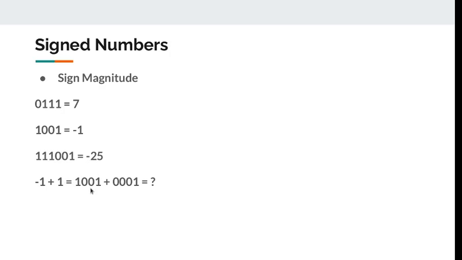But here we have a really weird problem. If I have -1 in this case and +1, the sum should be 0, right? But if we sum this up, the result is going to be -2, because this one plus 1 here is going to be 1, and the sign bit is added up with 1 and 0 here. So in the end, we get -2. So if you're using sign magnitude, we need special logic and, let's say, a subtraction unit to do this operation. It's not a problem, but